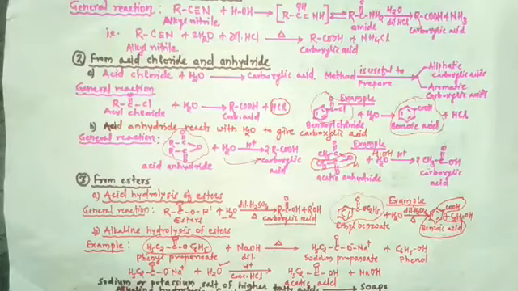So, sodium or potassium salt of higher fatty acid is known as soaps. This is the sodium or potassium salt of an acid. Soaps are defined as sodium or potassium salt of higher fatty acids. In the examination, a question may be asked: define soaps. At that time, we have to write its definition. Sodium or potassium salt of higher fatty acids is known as soaps.